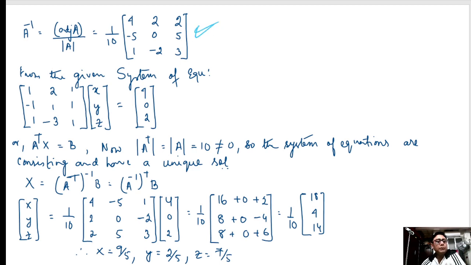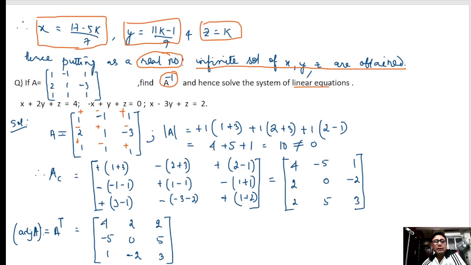Now what was our equation? If I see, our equation was this. So our matrix will be 1, plus 2, plus 1, minus 1, plus 1, plus 1, plus 1, minus 3, plus 1. So see, using this